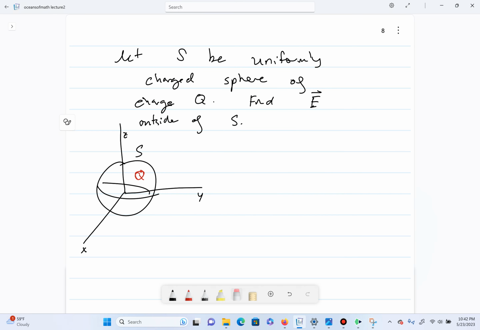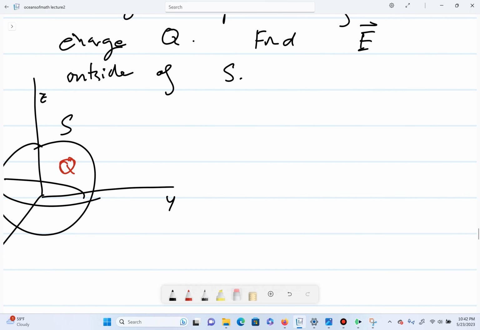Today we're going to be talking about how to find the electric field of a uniformly charged solid sphere of charge Q. So the first method we're going to use is brute force. We are going to attack this sphere with our bare hands. And so in order to do that, I'm going to recall